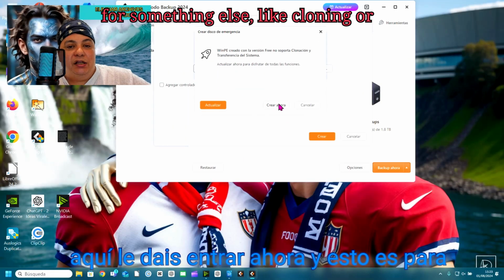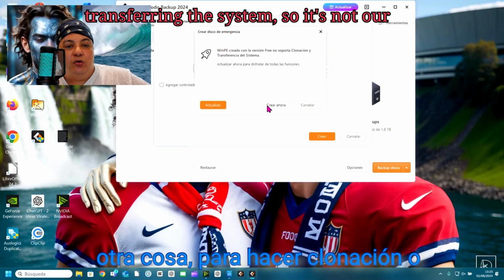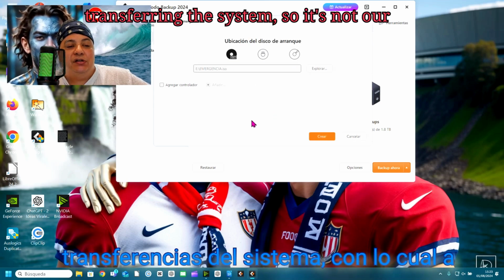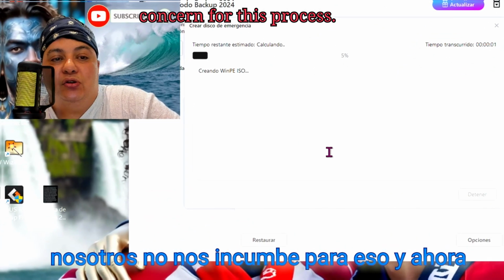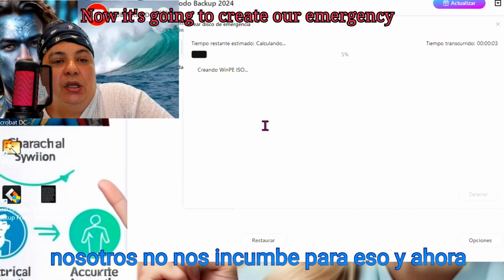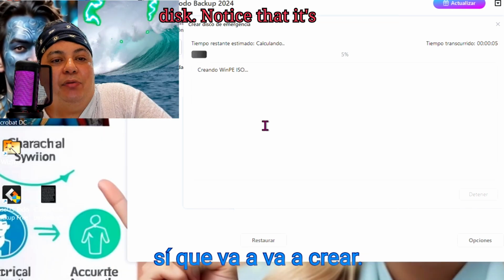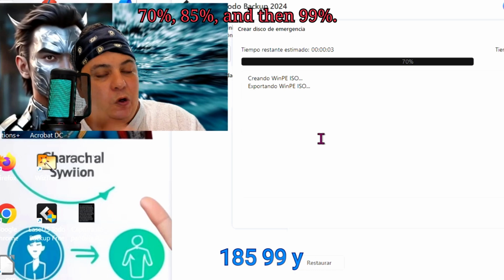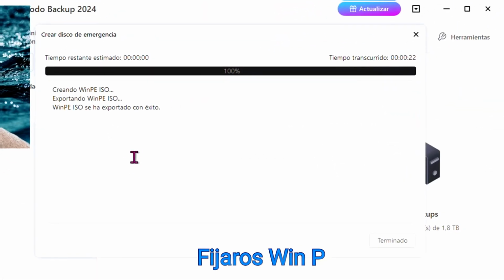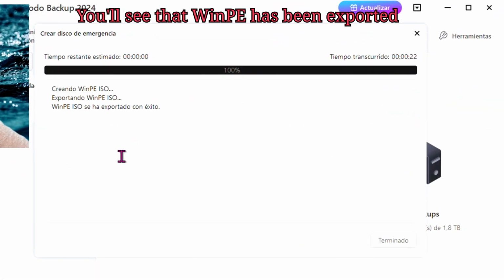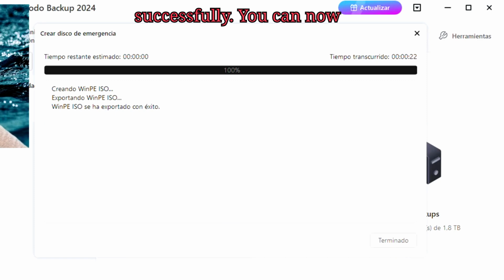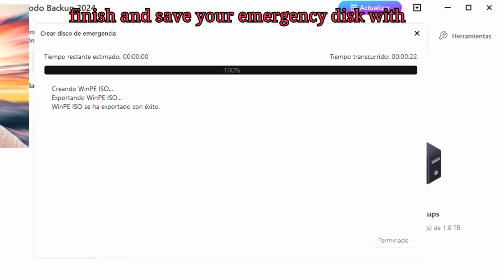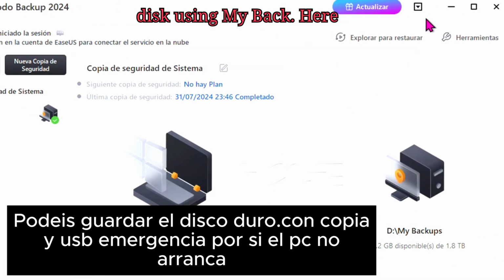This option is for something else, like cloning or transferring the system, so it's not our concern for this process. Now it's going to create our emergency disk. Notice that it's already progressing at 70%, 85%, and then 99%. You'll see that WinPE has been exported successfully. You can now finish and save your emergency disk with this ISO created, along with your hard disk using my